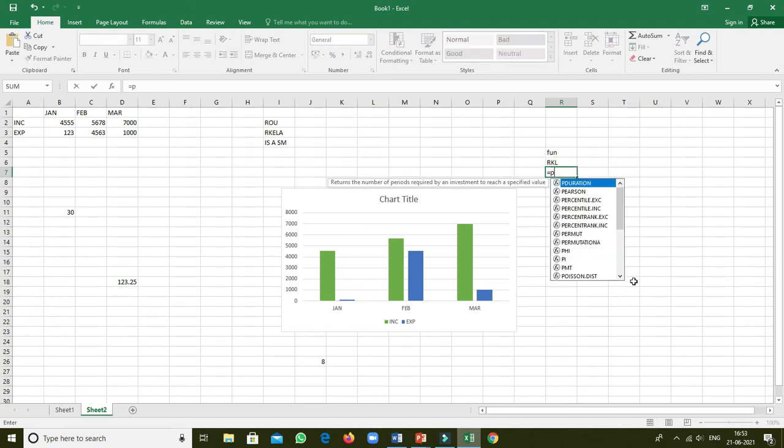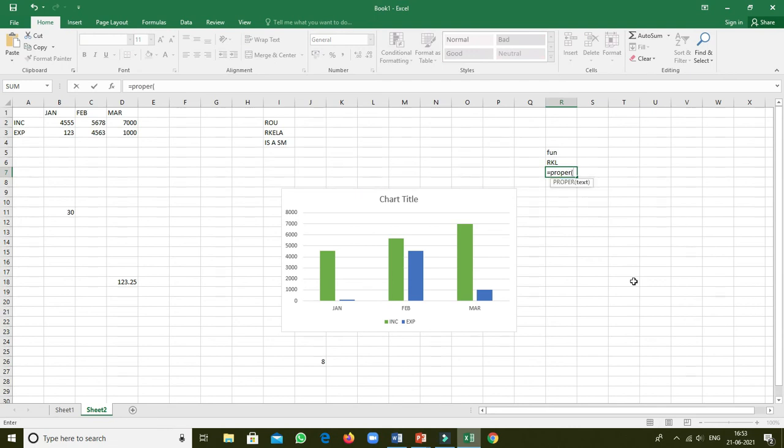Then equal to PROPER is there. PROPER is a mixture of letters, means the first letter of each word should be converted to capital case. So if I write in small letters, rkl is a smart city. Now see.